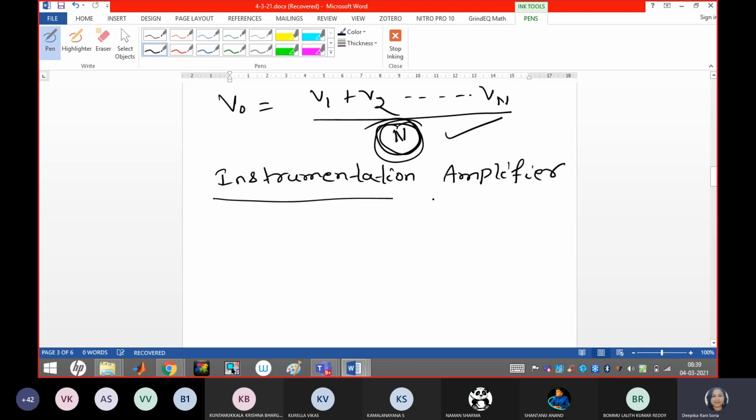Guys, what should be the shape? If you are applying a sinusoidal input voltage, V in is 1 volt, up to what volt are you going to get? You are going to multiply this, V naught equals V in into gain. Okay, it means you are applying a signal for a higher extent only. So have you tried a millivolt signal to amplify? You try this.